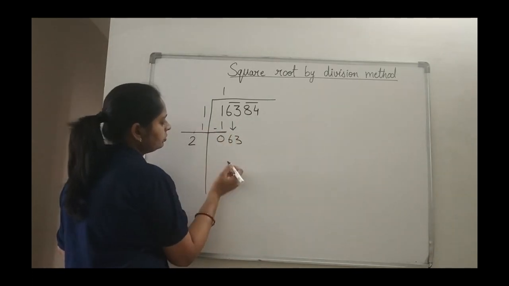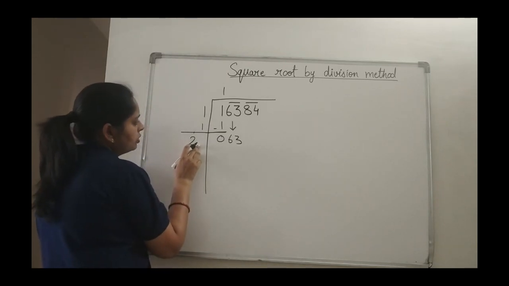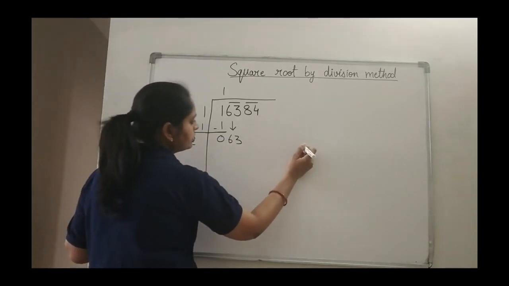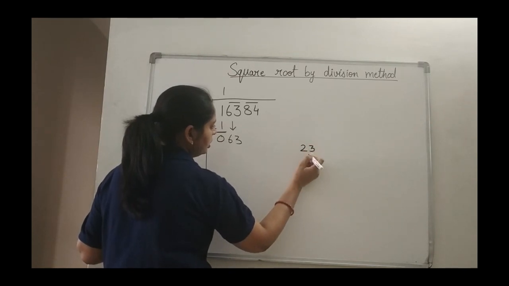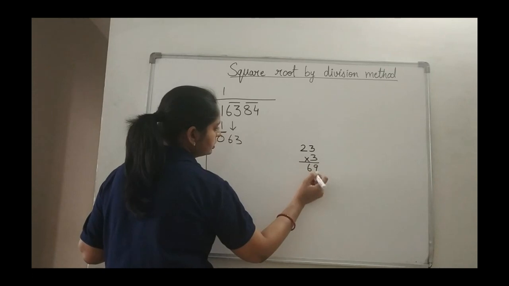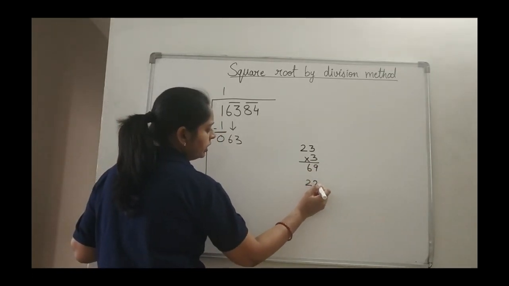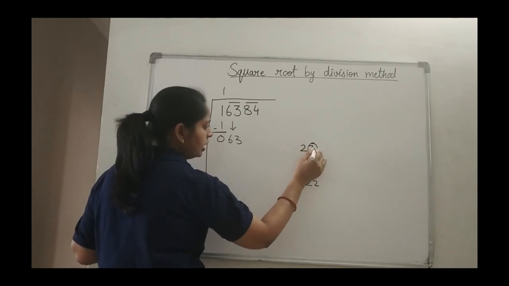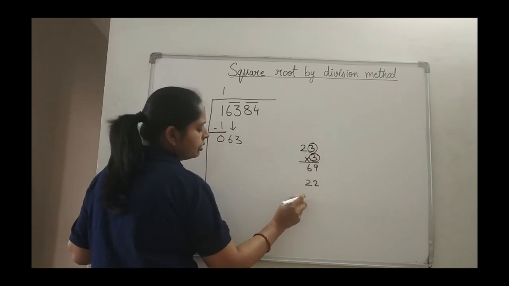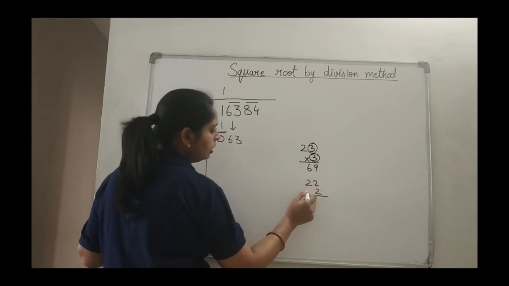Next pair you have to take it down, that is 63. Okay? And now, what digit we have to do? 3 I am having. Suppose I have taken 23. Then 3 3 is 9. 3 2 is 6. But this is greater than this. So obviously I have to go for 2 entry only. Whatever digit I have to do the entry, that same digit I have to multiply in.